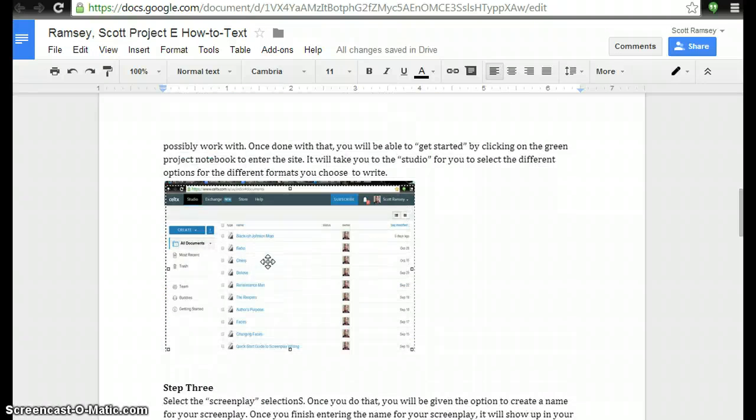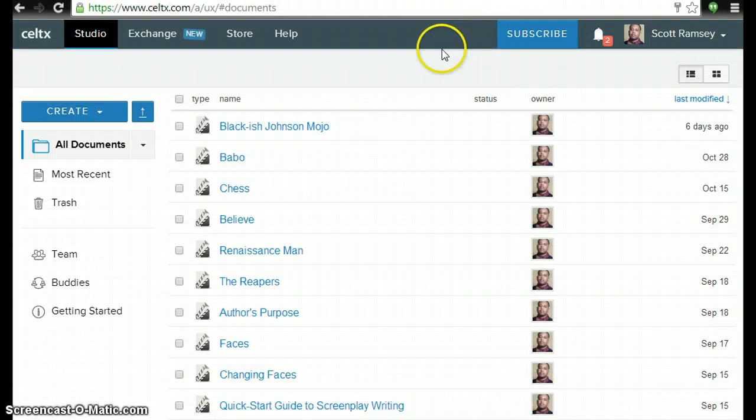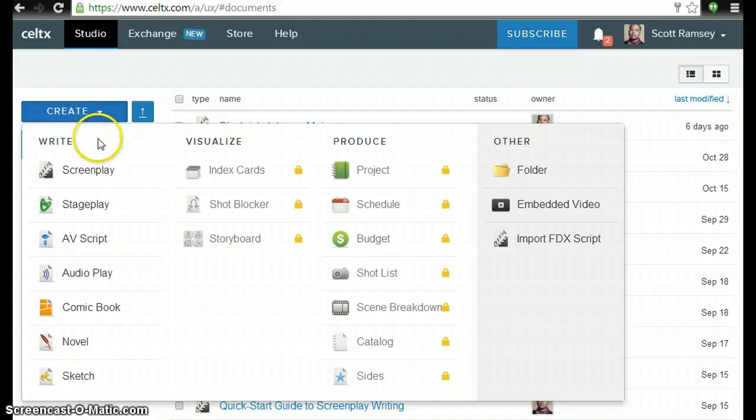Now for step three, you want to select the screenplay selections. Once you do that, you'll be given the option to create a name for your screenplay. Once you finish entering the name, it will show up in your studio listing. As we go back to the studio, you can see you have a create button. You would press the create button, and then you would come down